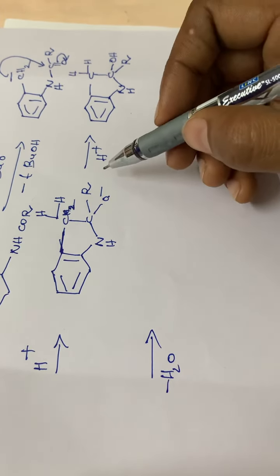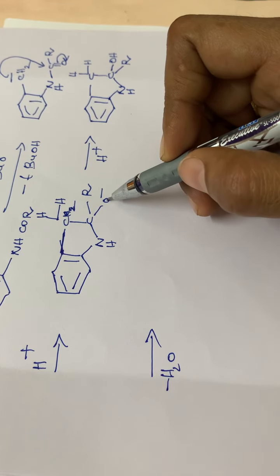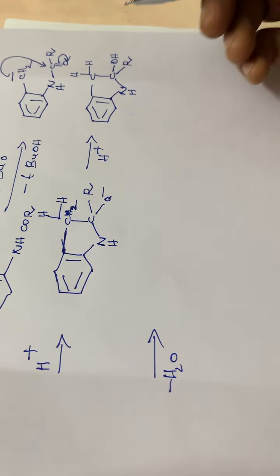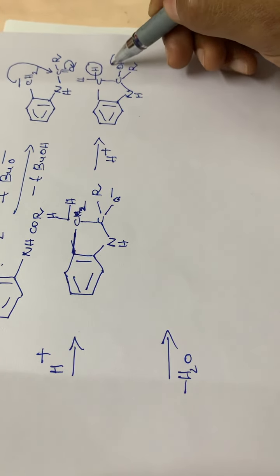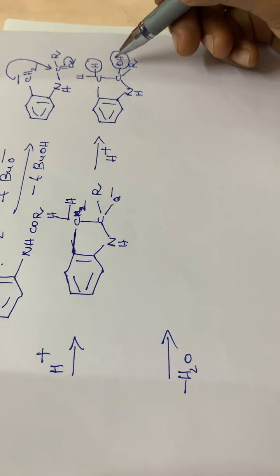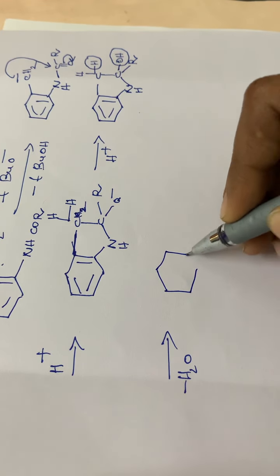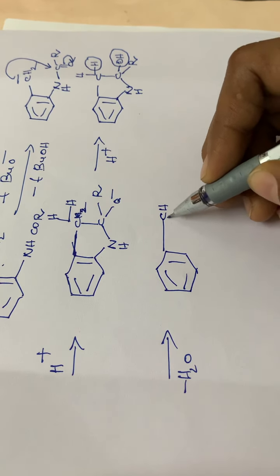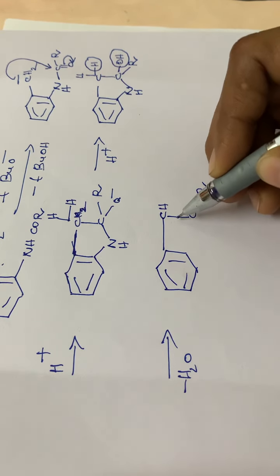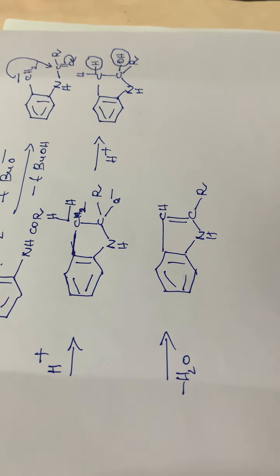Here what I had made the mistake is that one H plus is to be added, so that this H plus is joining O minus, so that it becomes OH. Not this hydrogen is removed. So in the next step, this hydrogen and this OH will be removed as water. Both of them will be eliminated as water. So here a double bond will be occurring. Then CH, then CR double bond, then NH. So this is the product. So this is the mechanism of cyclization.